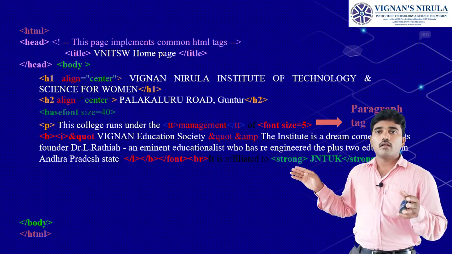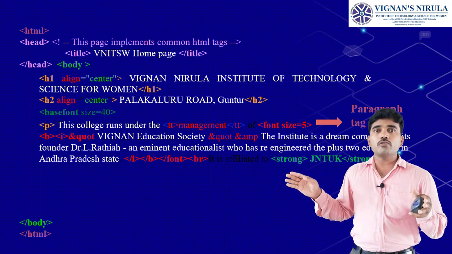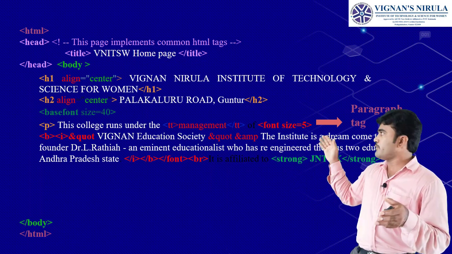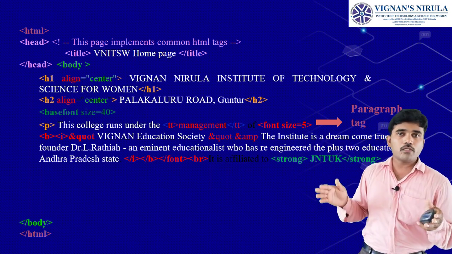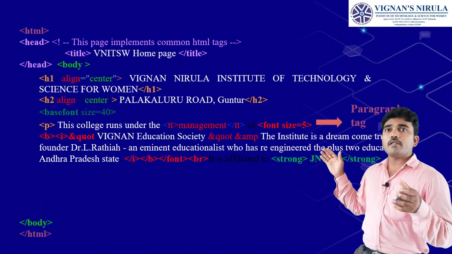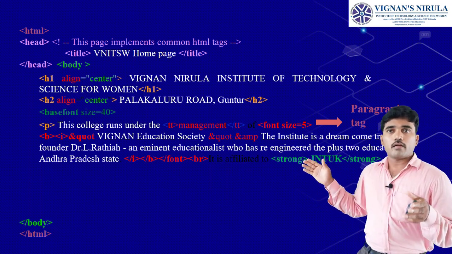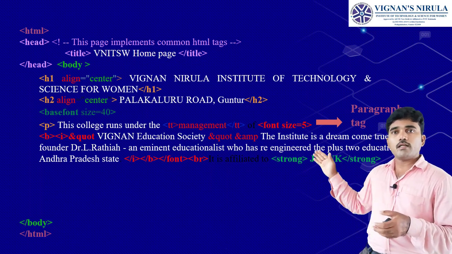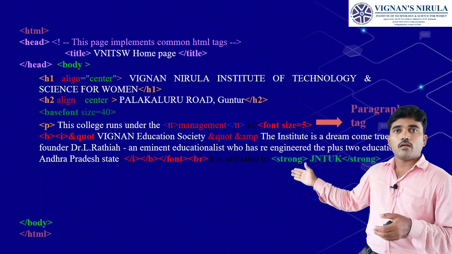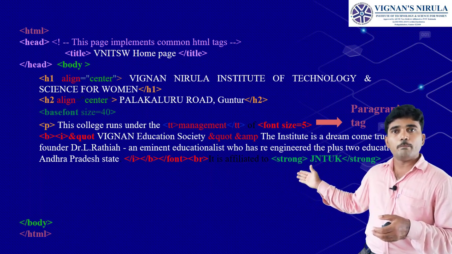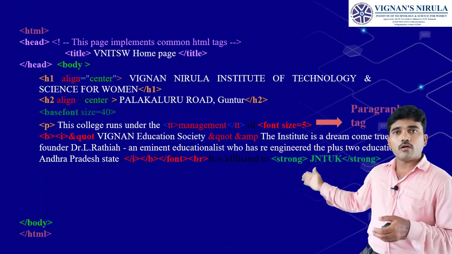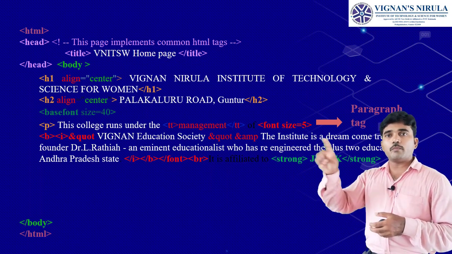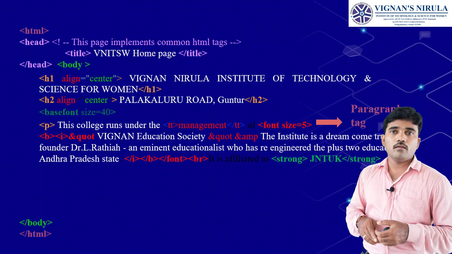This institute is a dream come true of its founder and chairman, who is an eminent educationalist who has re-engineered the +2 education in Andhra Pradesh state. After that the I tag is closed, and then the B tag is closed, and then the font tag is closed. After writing all these, if you want to place a horizontal line, for that reason